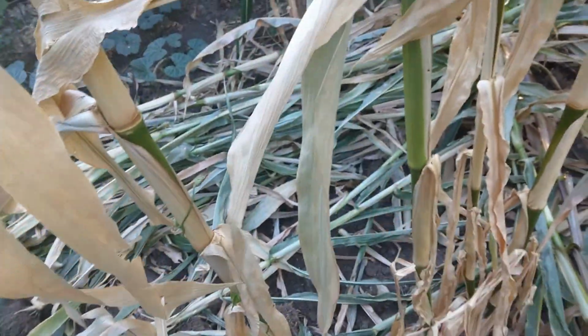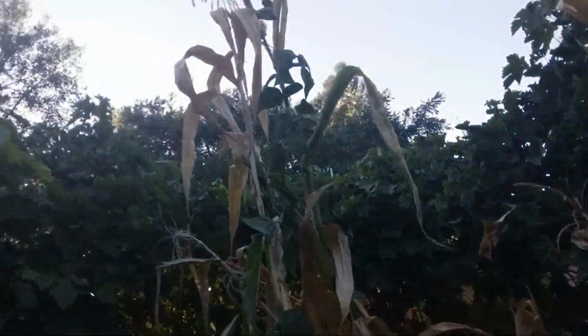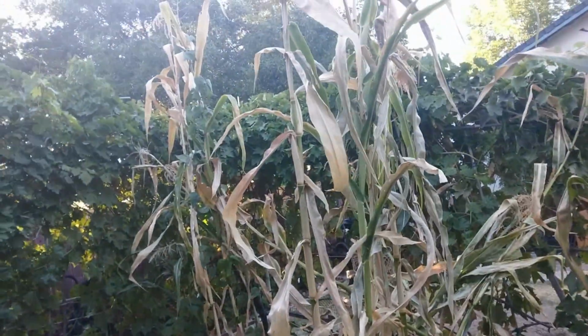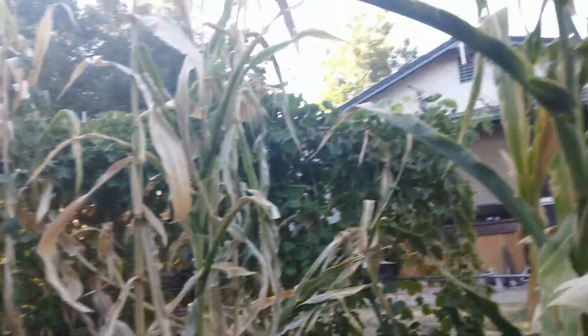If I were to do it again, I would thin these down to like once every 12 inches at least. I think they were overcrowded, and the main problem was the heat. 110 degrees every day for like 2 weeks. That's too much. And it didn't pollinate. I got a lot of ears that just didn't have any kernels on them. So yeah, if I were to do it again, I'd plant them out with larger spacing, 12 to 15 inch spacing, and